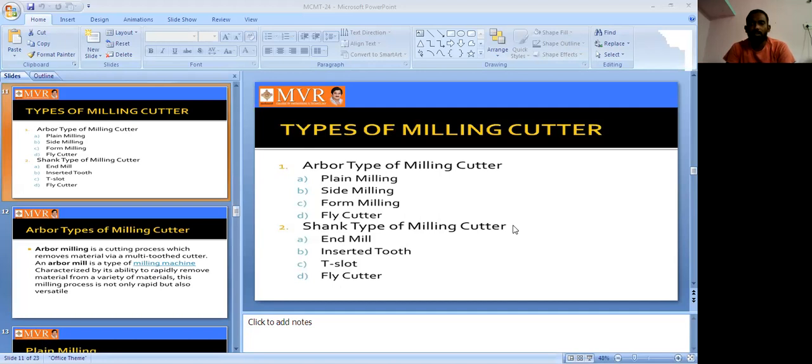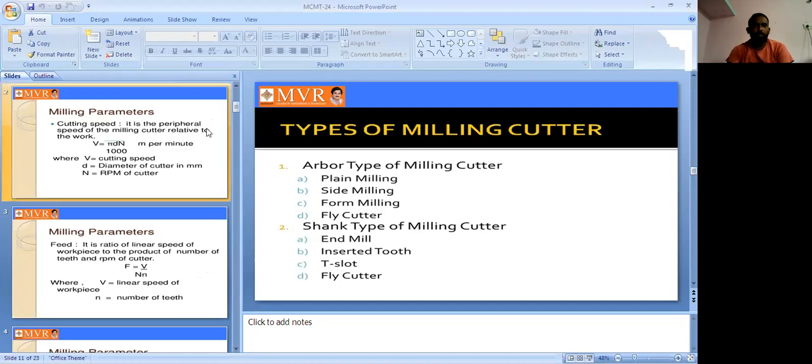Engineering and Technology. Today we will discuss types of milling cutters. In a milling machine, we have different types of milling cutters. That is what we will discuss in today's class. In our previous lecture, we discussed